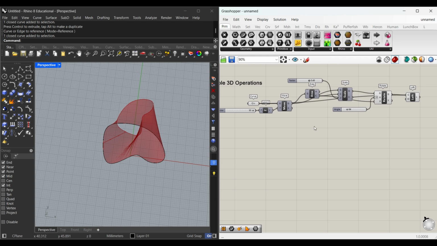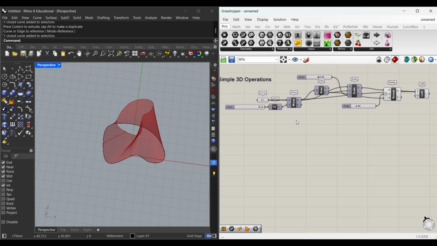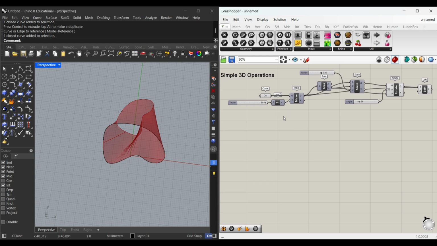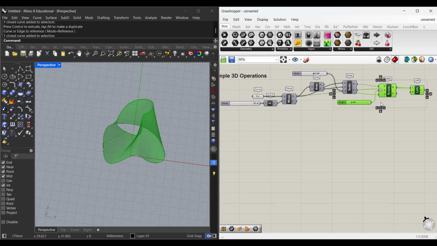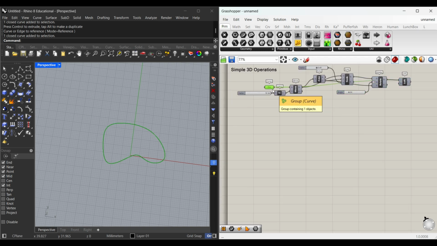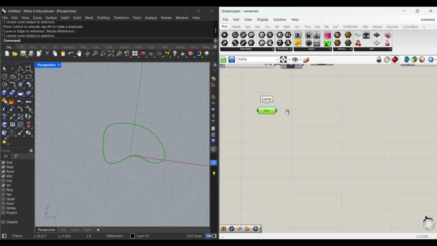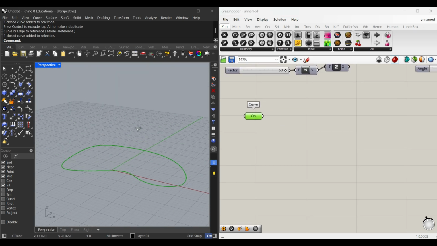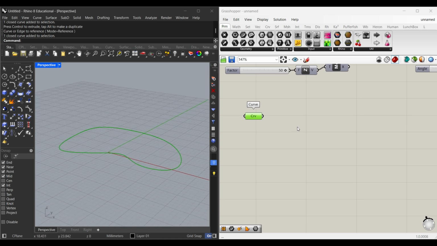Okay, so after that, I'm now going to show you how to pipe. Similar to the Rhino command if you've ever used it. So I'm just going to hide what we had earlier, and we're going to copy and paste our initial curve right here. And what I want to do is kind of rotate that without rotating it within